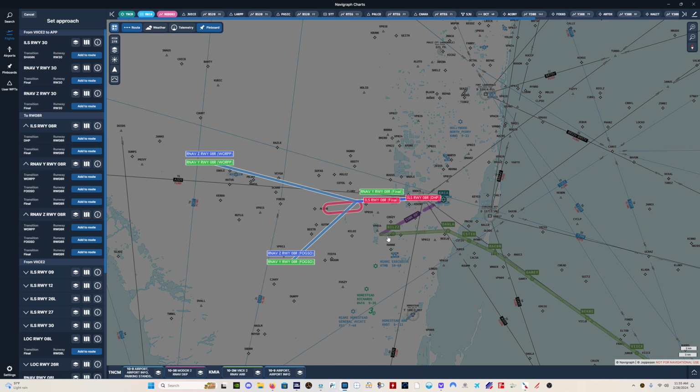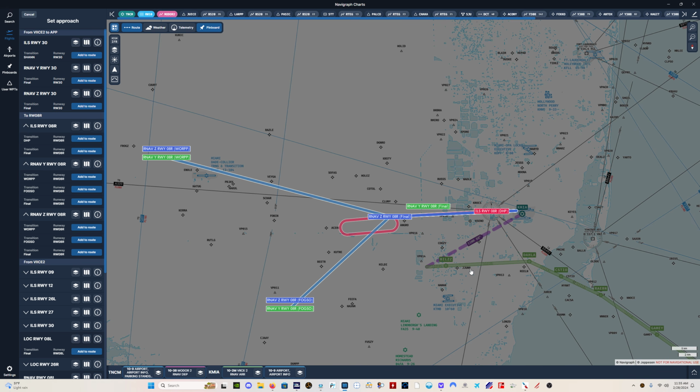And I'm going to look here at, okay, so this is where our arrival ends, right? And what you would prefer to have is something that connects to your arrival, to have an approach that connects to your arrival. In other words, if our arrival ended at Fogso, that would be wonderful, because then you're just right on your approach. There's nothing to figure out between here and where the approach starts. But because there isn't, we've got really